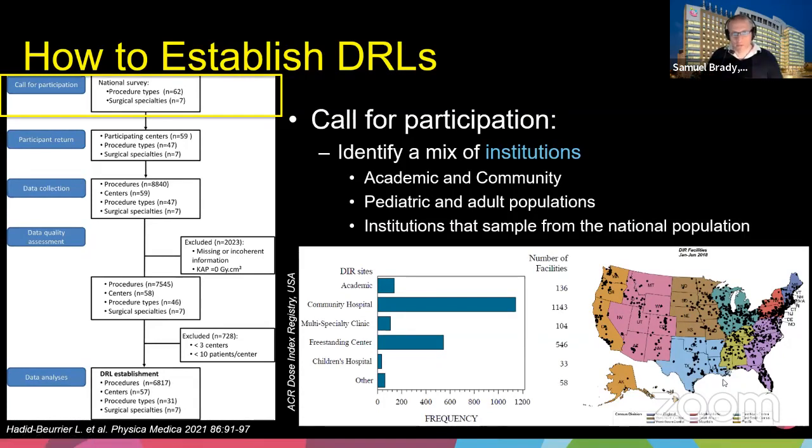And so when we compare our local values, we do want to compare them to a national value, which is important, but it's also good to compare them to regional values, just so that you make sure you are comparing your doses to similar populations. But the important part here is that when you create the DRL, you sample evenly, or just from a distribution throughout the nation. So it's important to get a good distribution of types of hospitals and clinics and a distribution of your population throughout your country.